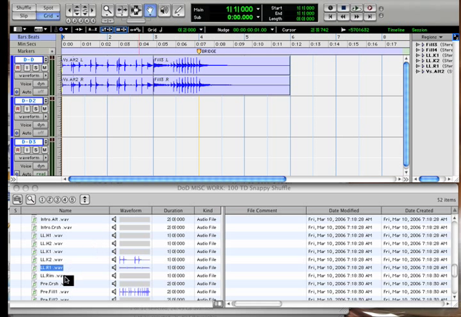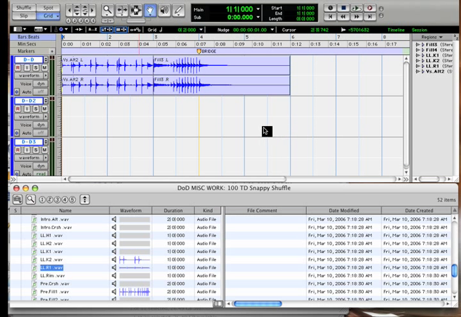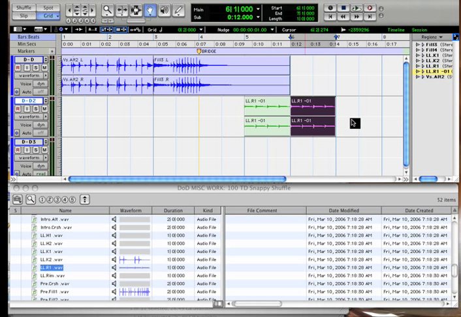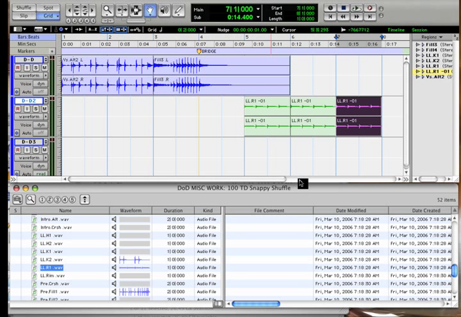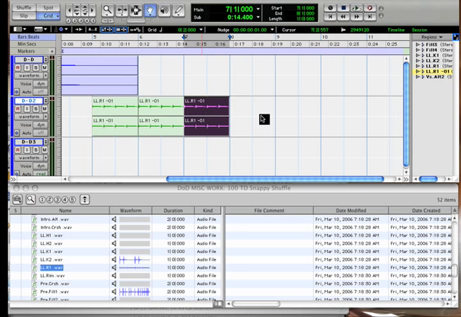What I'm going to start with here is a ride loop layer. I'm down in the LLs in my list of loops, and I'm going to grab the LLR here, which is the loop layer ride. I want this ride playing all the way through my bridge section, so I'm going to do 16 bars. I'm just option dragging the ride out